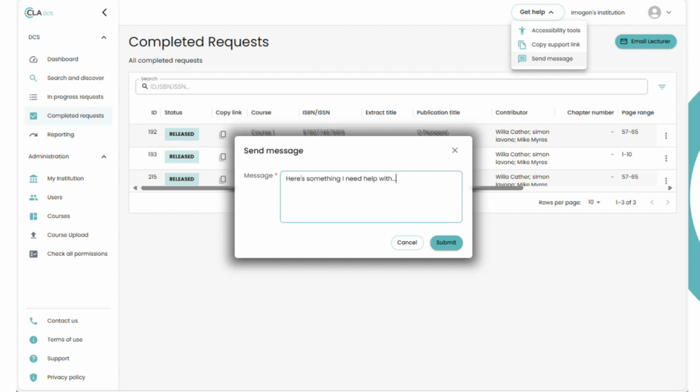Next, we have a couple of tools related to getting support from our team, from Monica and Stephen. The first one is copy support link. Now this is simply copying the URL of the page that you are on, so you can send it out to anyone that's also got access. So you can't just send it to a random person, but you could send it to a colleague who has access to the DCS to check something with them,